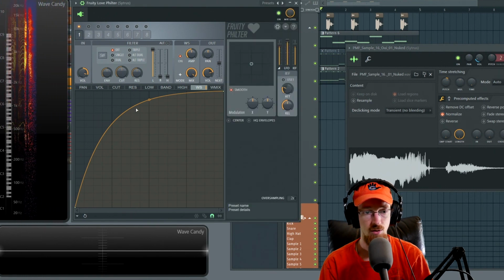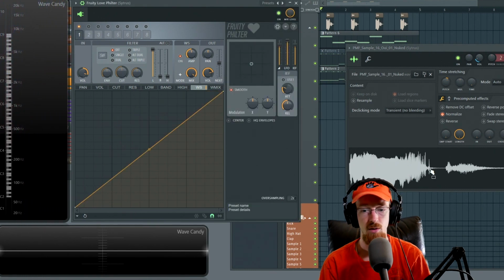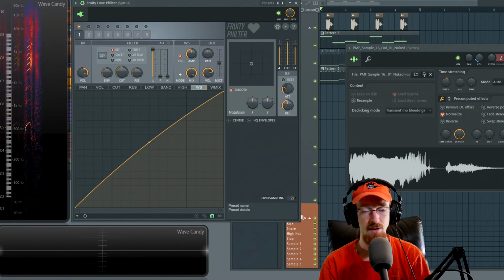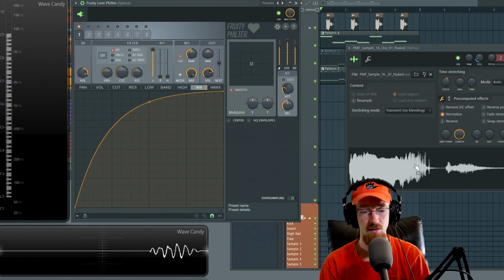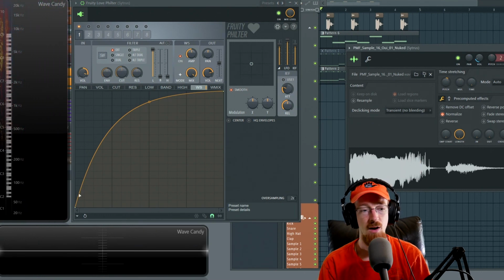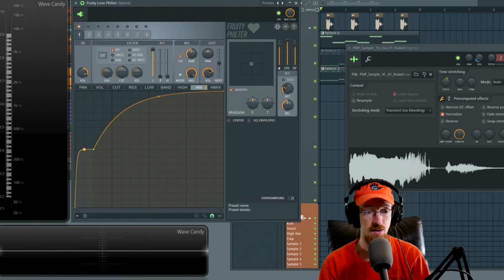So now what we're going to do is put this linearly where it was at. And when we bring this up, it doesn't sound too much like there's a distortion. It sounds more like we're just brightening the sound up. And if I were to come over here, all this small signal stuff in here, you see all this small stuff here? That's going to be mostly in here, right? Because that's the softer stuff. So it's going to live in this area. So if I grab this area specifically,